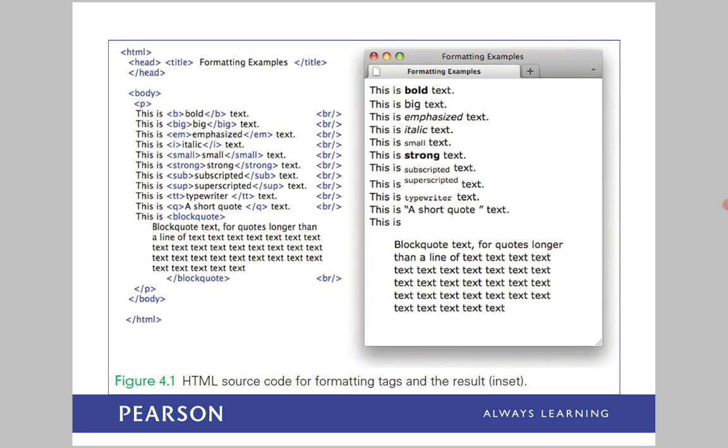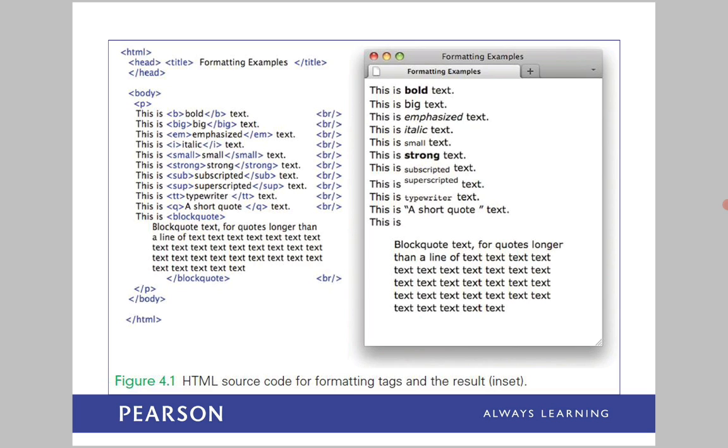And strong is another tag. It is also used to display the given words or lines of text in a strong, bigger, thick font.